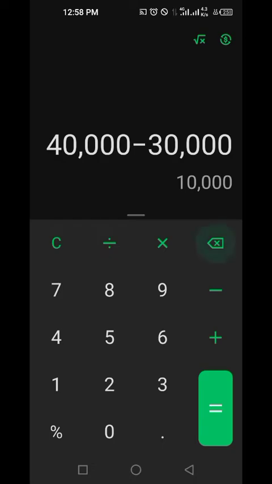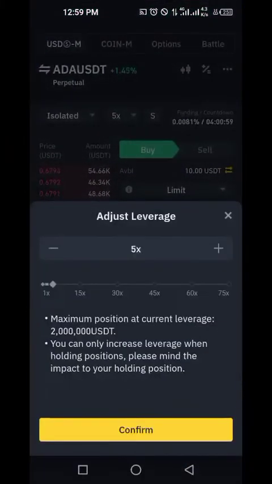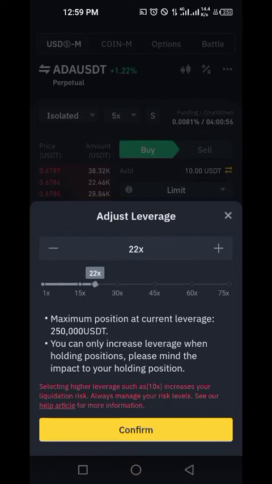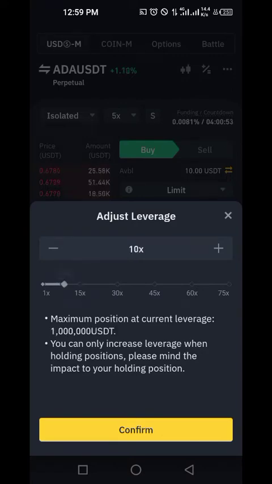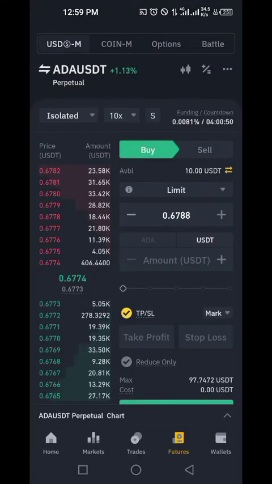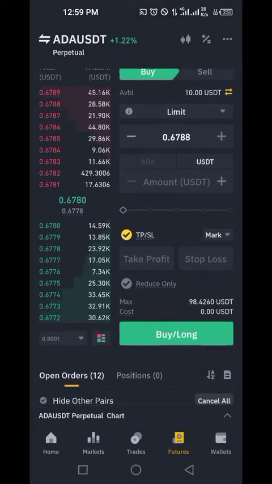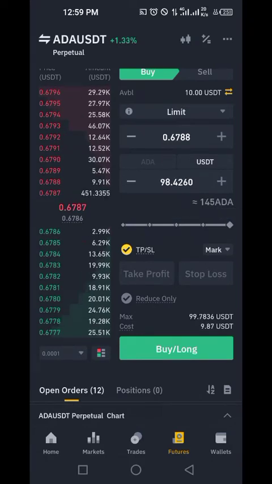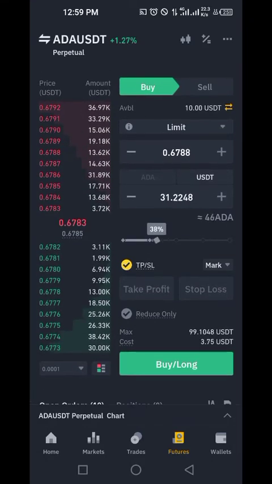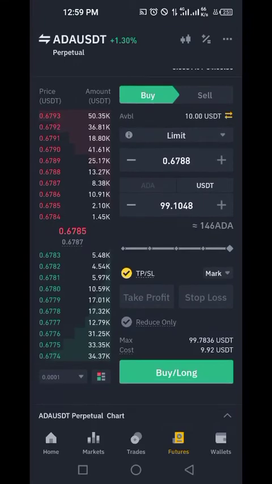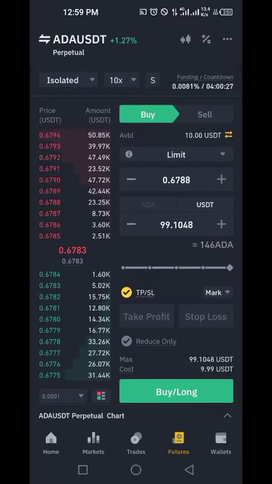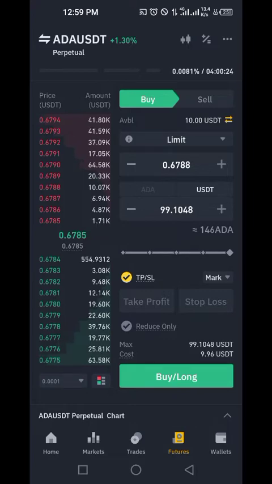$10,000 profit. But when I'm using leverage to trade, for example, I'm on 10x leverage now, and I have 10 USDT, and I want to long this ADA for 10 USDT. Now, if I use 100% of my total balance on my futures wallet, this is where you move it, to open this position of ADA,